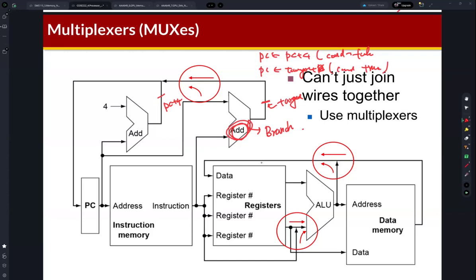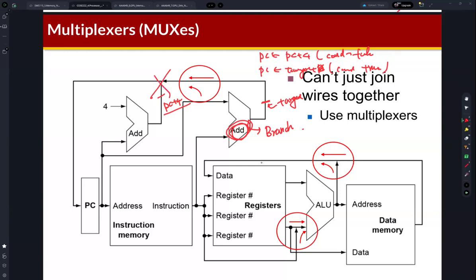So what does that mean? Sometimes the program counter can be PC plus 4, or the program counter can be the target of a branch instruction, like the PC of the branch instruction plus the target, the immediate value. There are two different cases. And then in this figure, because there are two different cases, like PC plus 4 and the branch, we just connect the wires like here. But in hardware, it is not